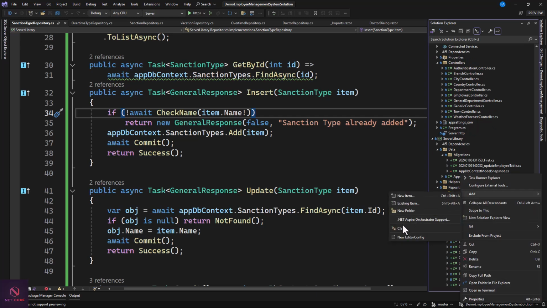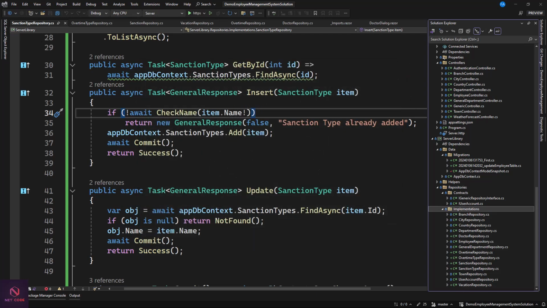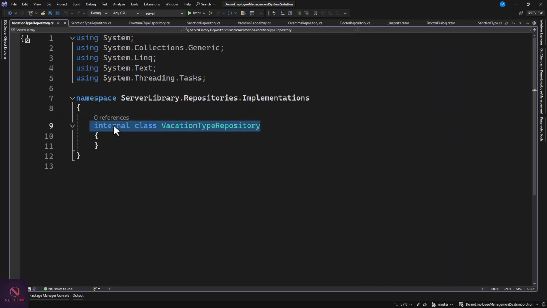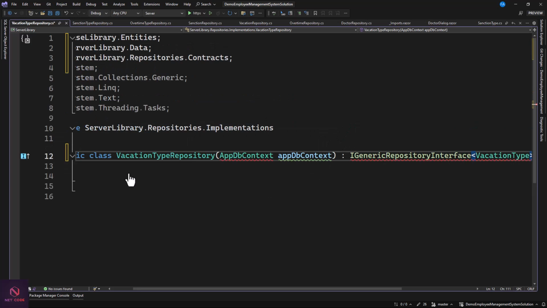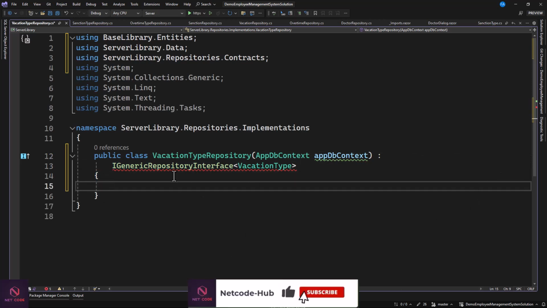Let's add a class to this, a vacation type repository, and you already know the drill. You're going to make a copy of this, then paste it here. Maybe let me put this on the next line. Okay, so here let's implement the interfaces